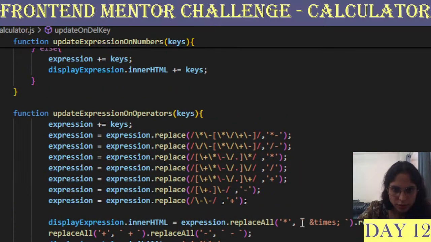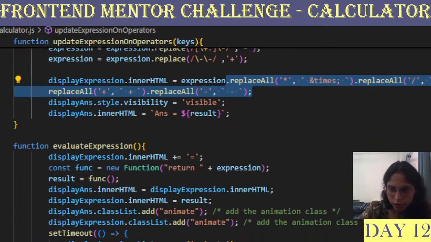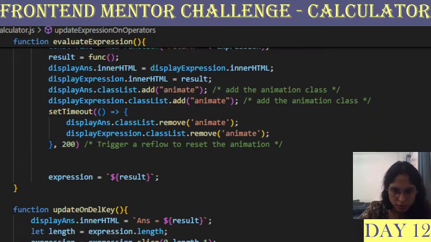And then let me just do that replace all thing all over again. There's one more dot.